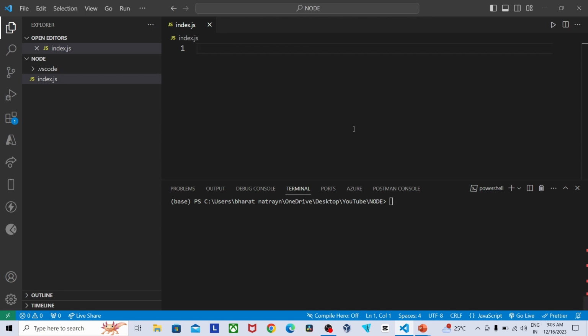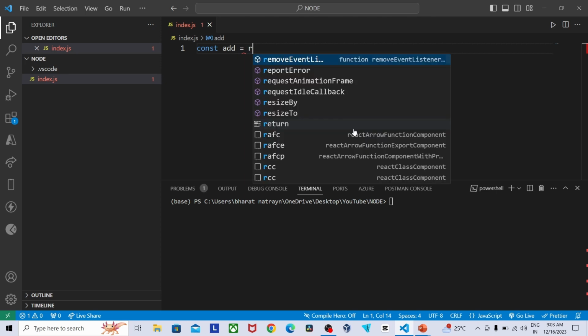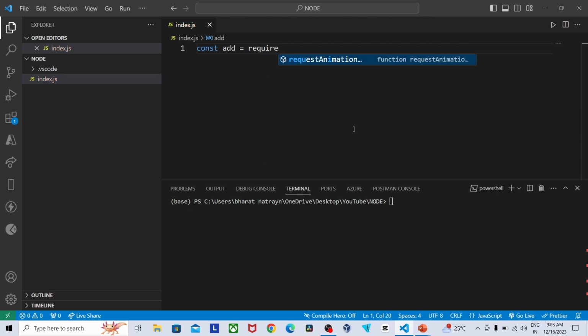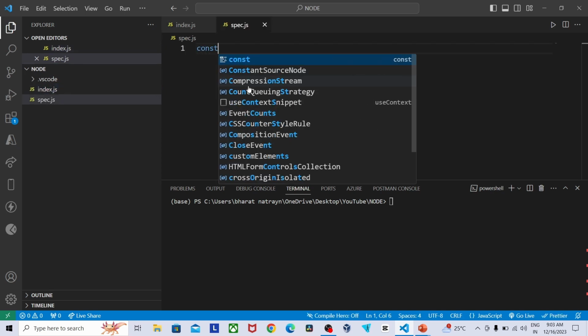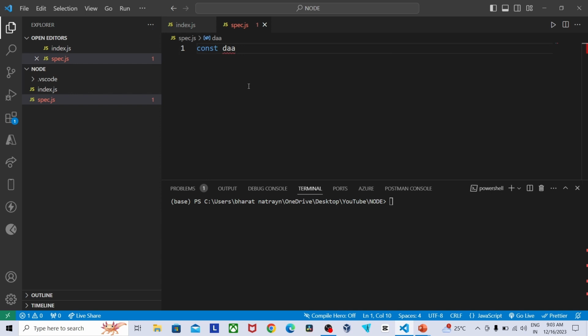So by default, we are using a require constant, add require, and the path. We have to define the path. So I'm going to create a file called spec.js. Here I'm going to create an addition functionality,